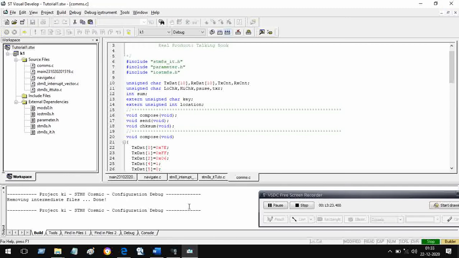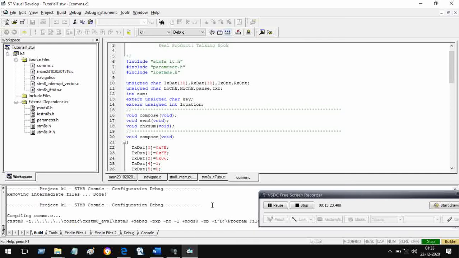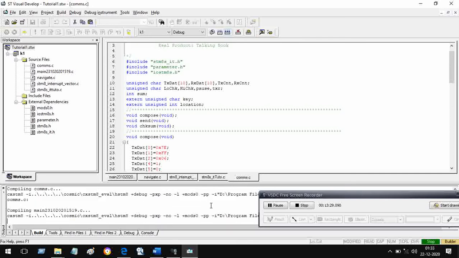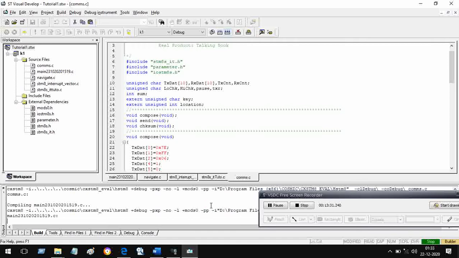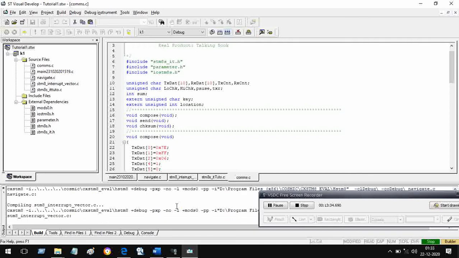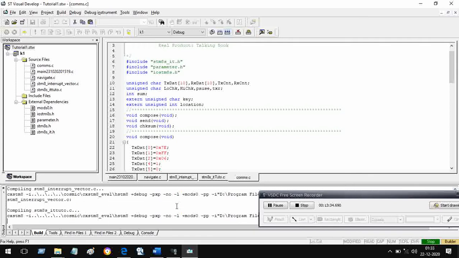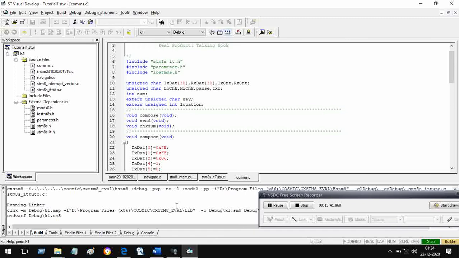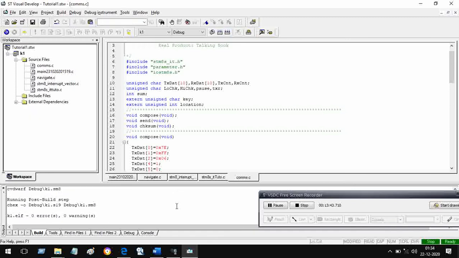I am at the lowermost window, and as you can see, it is building up. Now there are a lot of programs here to build up, and finally we have found it. K1.elf, 0 errors, 0 warnings.